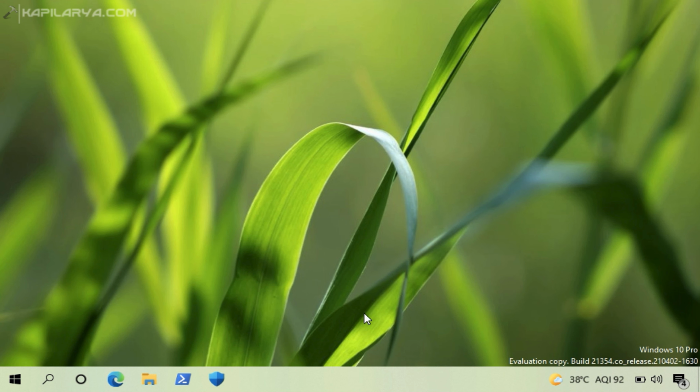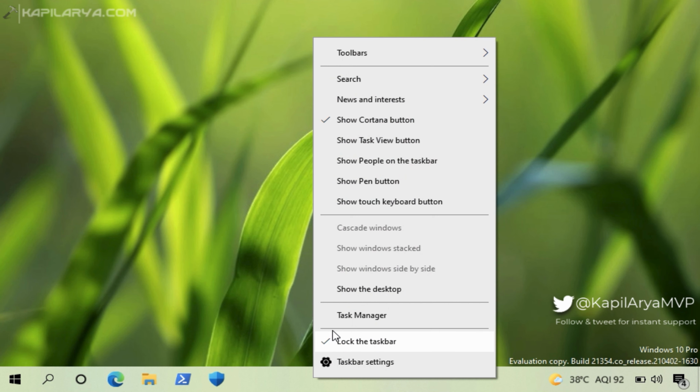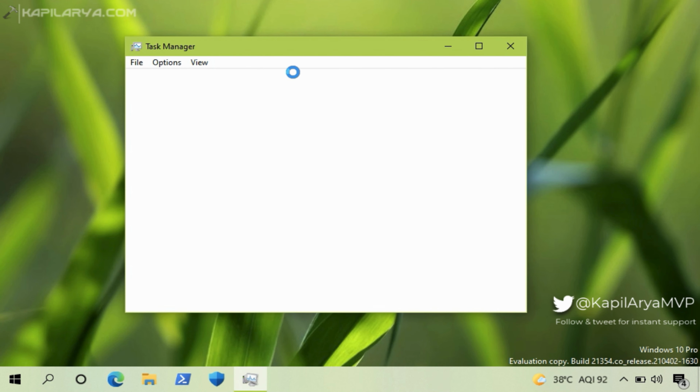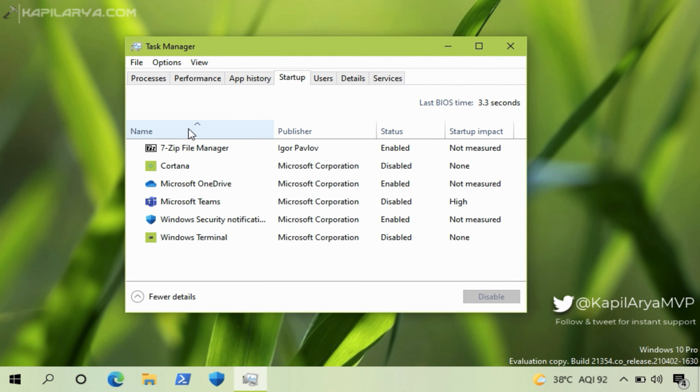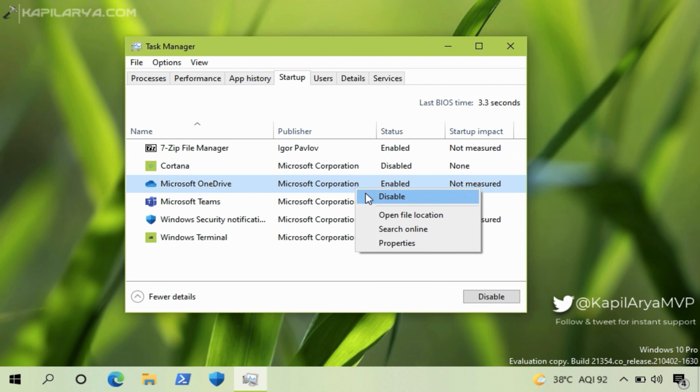So first way is here. It is the simplest way and it is using Task Manager. Right click on the taskbar and select Task Manager. In the Task Manager window, go to the Startup tab, and here you can see that different programs are listed, and those having Enabled status are the programs configured to automatically start when you log in. So if you want to disable them, you can right click a program and select Disable, and the status should be set to Disabled, and in this way the program is disabled from opening at login.